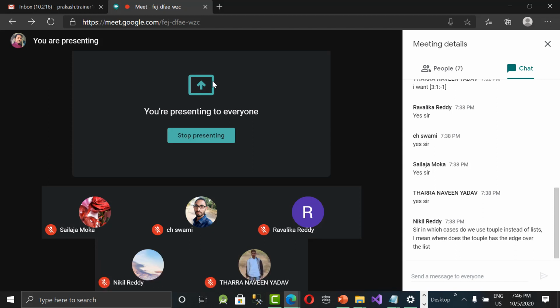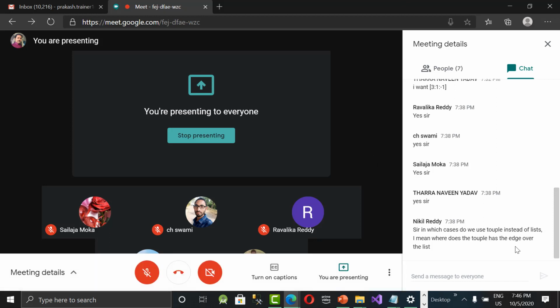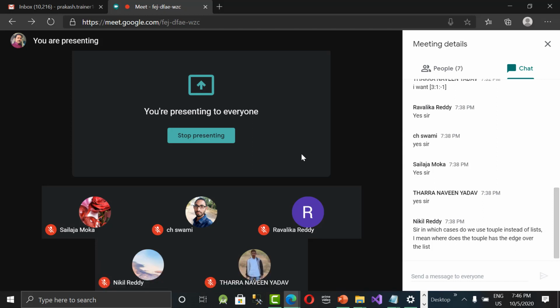Yeah, Niket. In which cases do we use tuple instead of list? Where does this tuple have its use? Okay. Most of the cases, where you don't have frequent changes in your data. Like registration number of a student: when a student is joining college, they'll give a registration number, and the name anyhow will not be changed. Registration number is fixed for the entire 4 years. So you cannot change it.